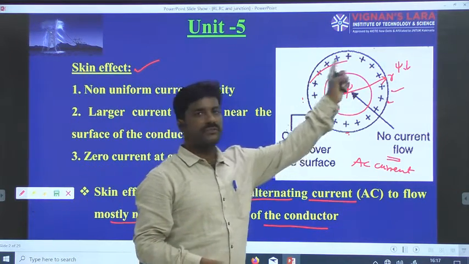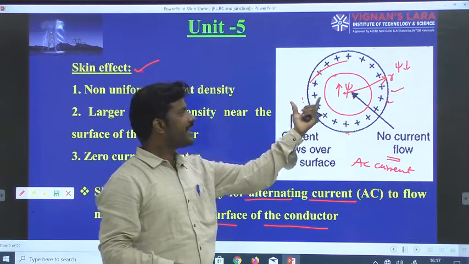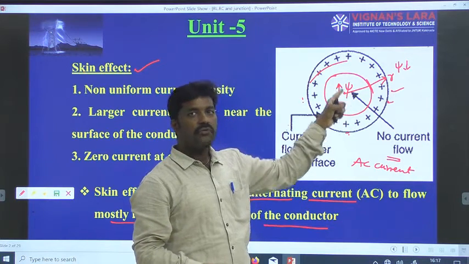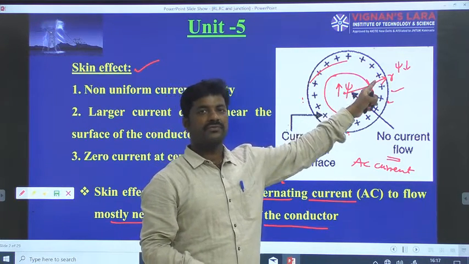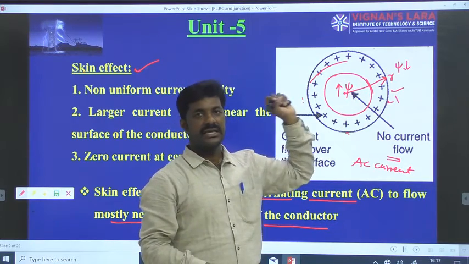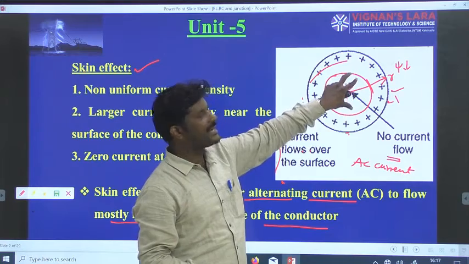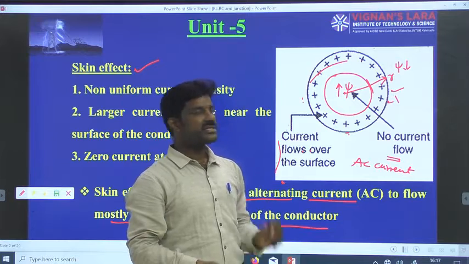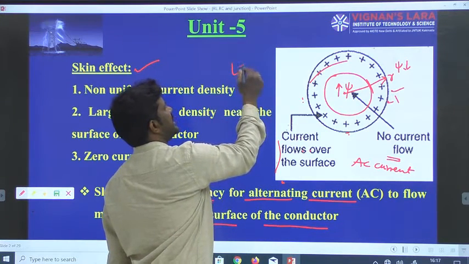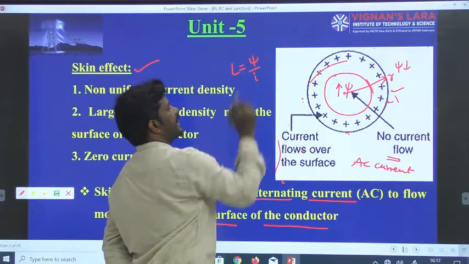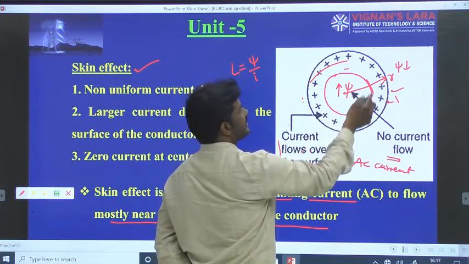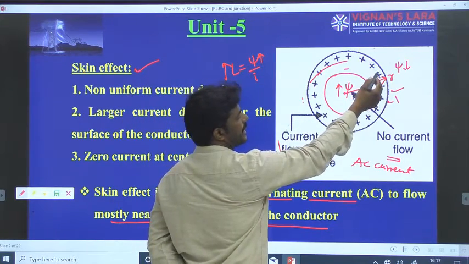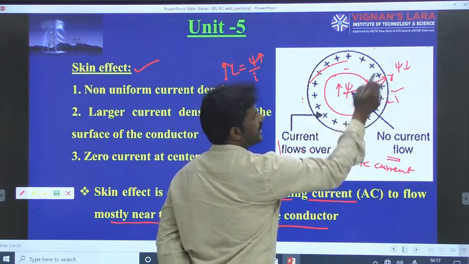Since the conductor is made up of many filaments, those filaments present in the inner side will have more flux linkages when compared to the filaments present at the outer surface. Since the flux linkages are more for inner strands than for the outer filaments, the inductance offered, because inductance L is defined as flux linkages per ampere current, is very high compared to the inductance of the strands available at the outer surface.